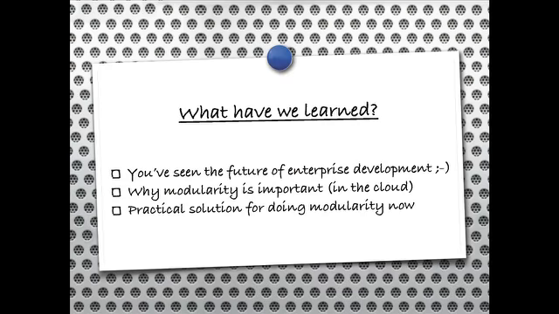So, what have you seen? We've seen a few things. I hope at least that you've seen the future of enterprise application development. I hope that it will get easier and easier, and you see that right now in the application server space. It gets easier and easier to do modular development in the Java EE world, and I hope that's where it's going, and I hope in a few years everybody is doing this, because it just makes everything so much easier to maintain and to deploy.